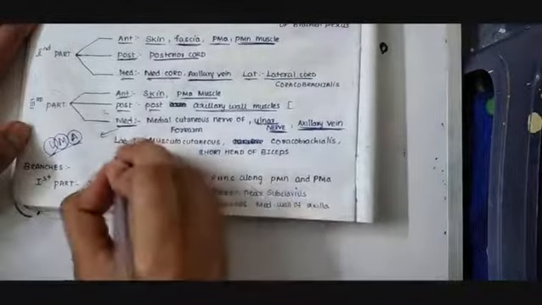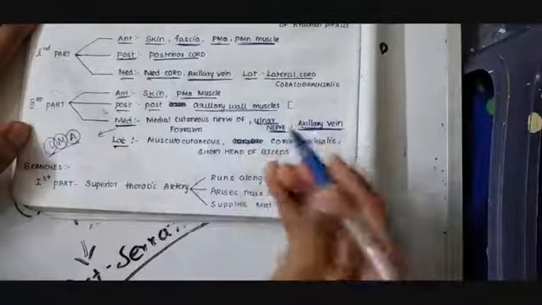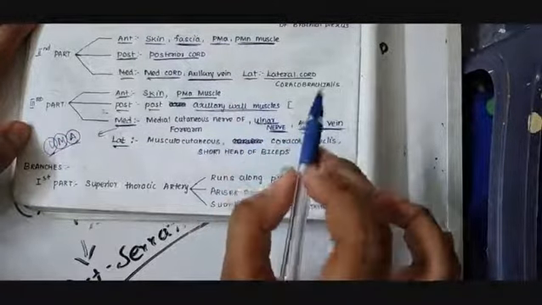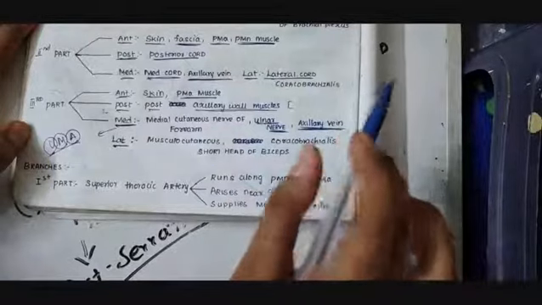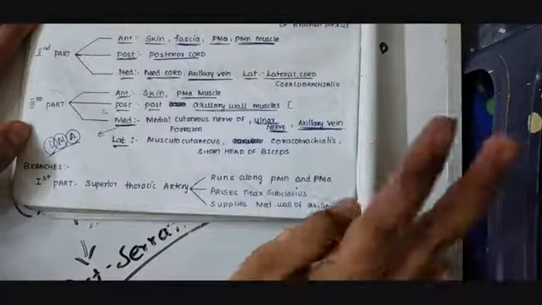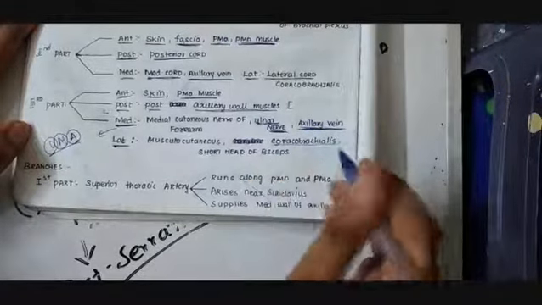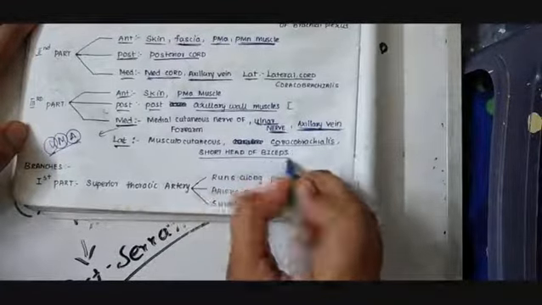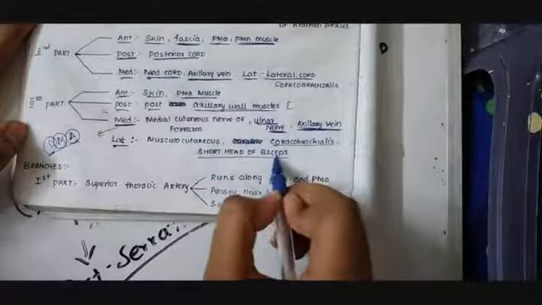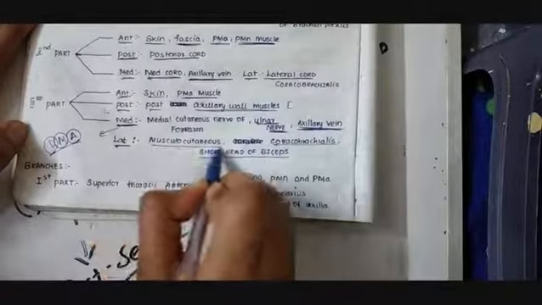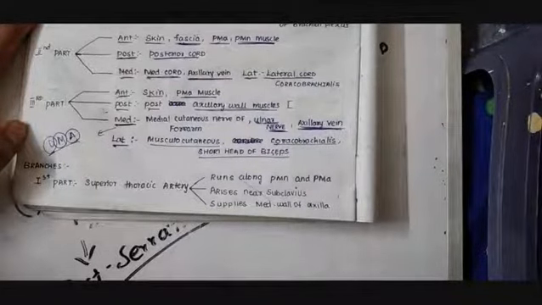So laterally, I already said, laterally we have coracoid process that is present in the scapula. In that coracoid process, there are two muscles that get originated. One will be the coracobrachialis and another will be the short head of the biceps brachii muscle. And both these muscles are supplied by the musculocutaneous nerve. So laterally we have coracoid process. From that coracoid process, two muscles originate: one is coracobrachialis, second is short head of biceps brachii. These two muscles are supplied by the musculocutaneous nerve.